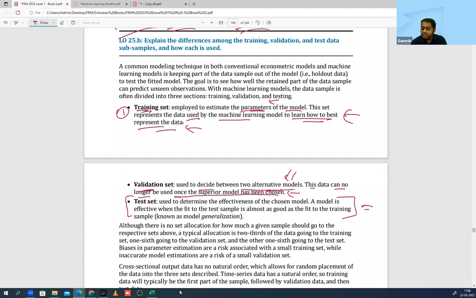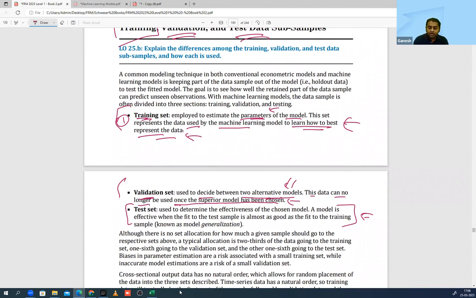Testing set. This is something which we did not talk about explicitly. We only spoke about training and validation till now. If you read the previous part also, there was one reference to it. This is the testing effectiveness of the model. यहाँ पे generalization. This is basically saying whether the model is actually facing any overfitting, underfitting problem or not. Whether the goodness of fit, what is goodness of fit? Whether your model is doing good or not. बराबर? Whether it is genuine or not. ये check करने के लिए you also have some set of data on which you will again test the model and then you will deploy it for usage.